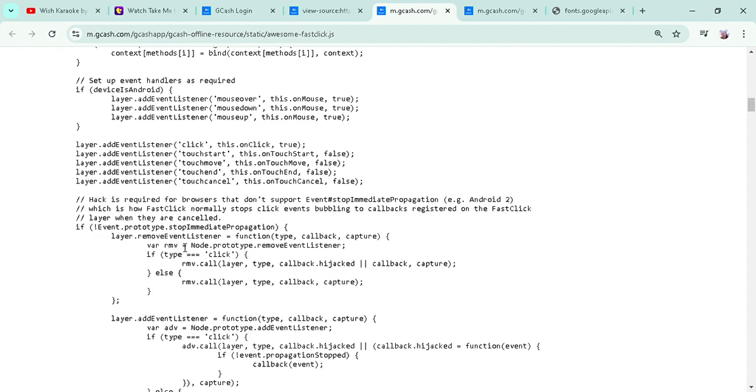The layer remove event listener function is type, callback, then capture, and then var, and then remove. Node prototype remove event listener, if type equals click, remove the layer, then type, callback, then hijack, then callback capture, then else statement, then remove layer, then type, callback, then capture.